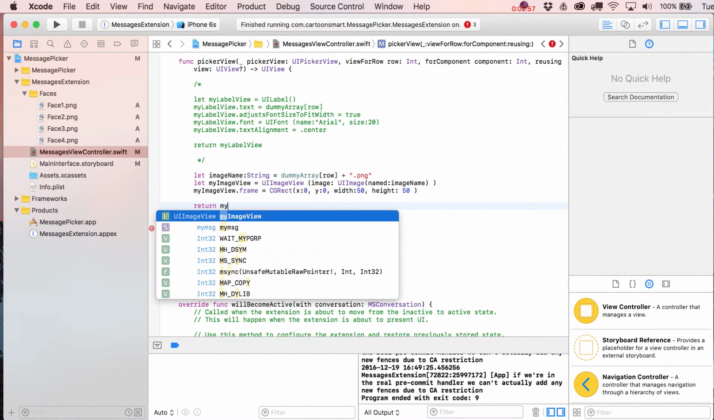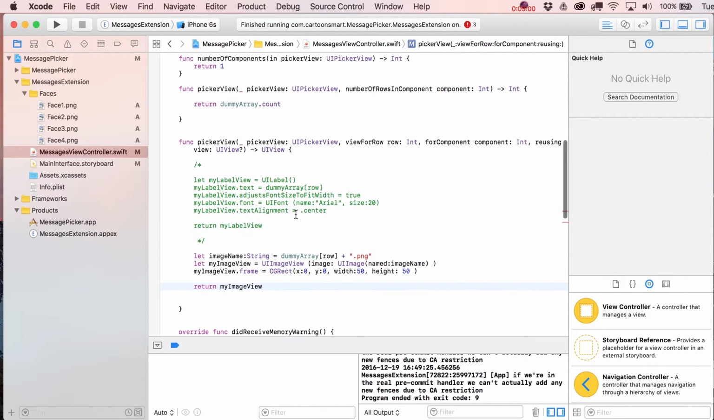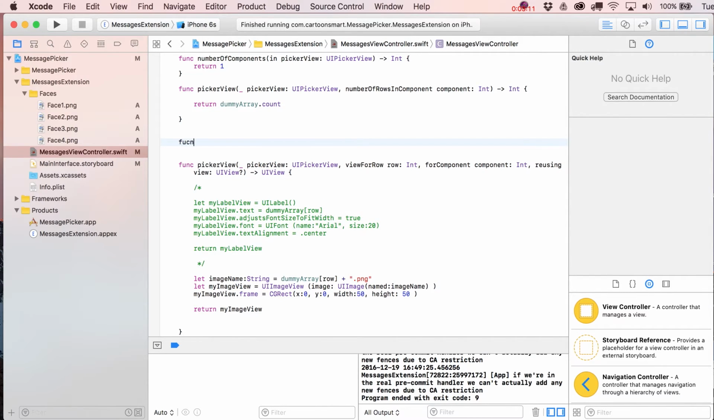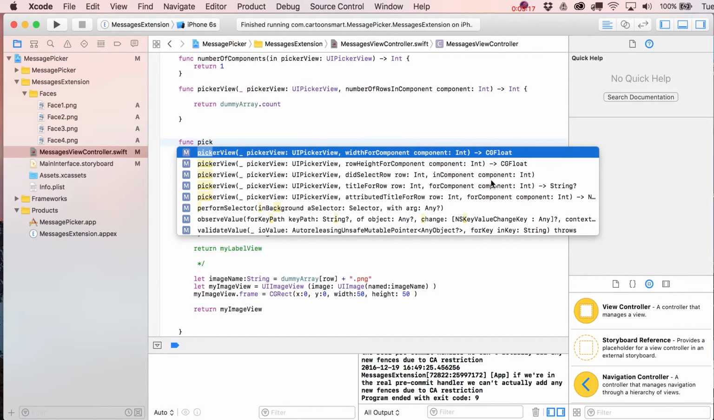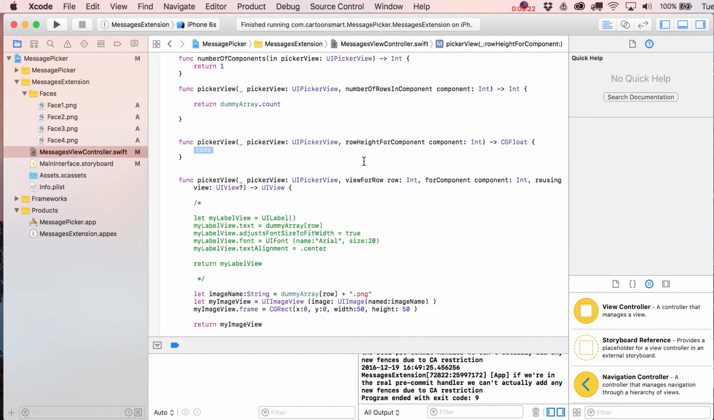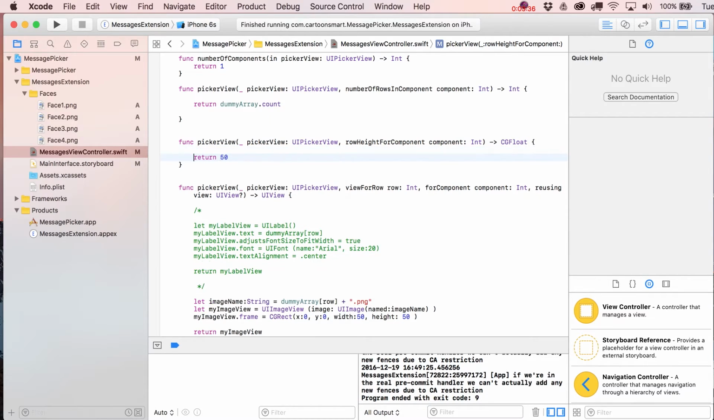But one thing we're going to want to do is make it so that our rows definitely have that height as well. So let's go ahead and add in the code for that. And let's do it just right up here. So again, you can just type func and then picker view, and you'll notice that you've got these options: width for component and row height for component. Row height is the one that is going to apply to this, but we might as well put in there the width as well. Yeah, we could. So let's just put in here return, and again, put in there 50,